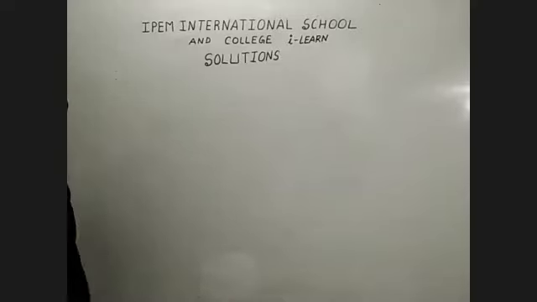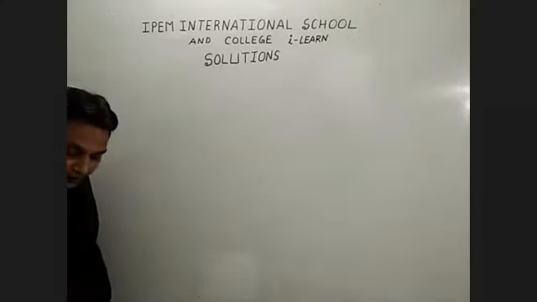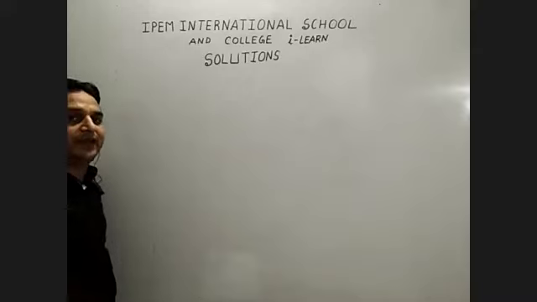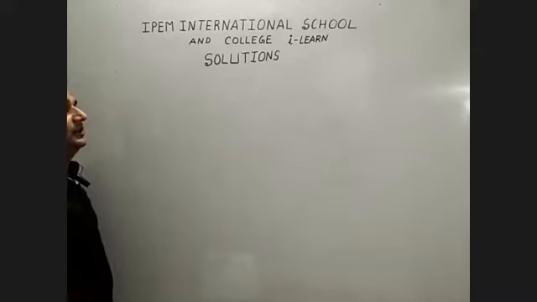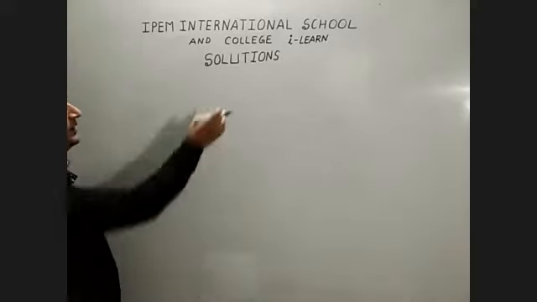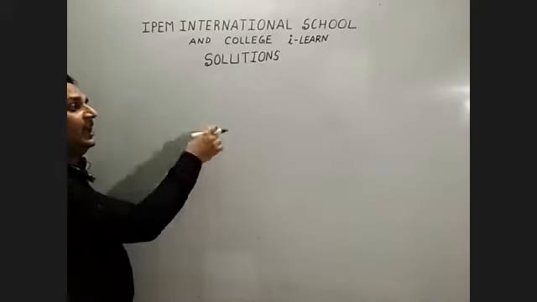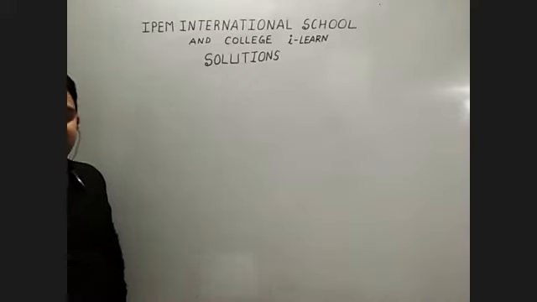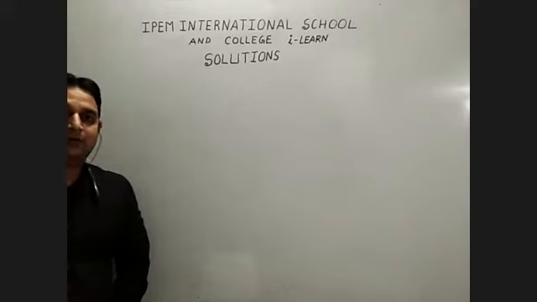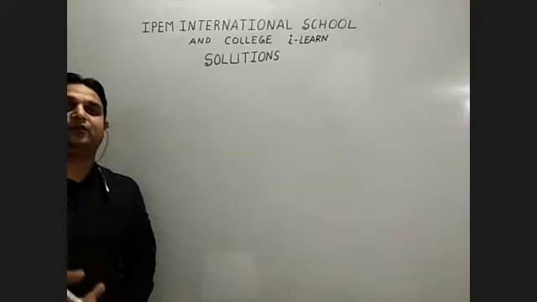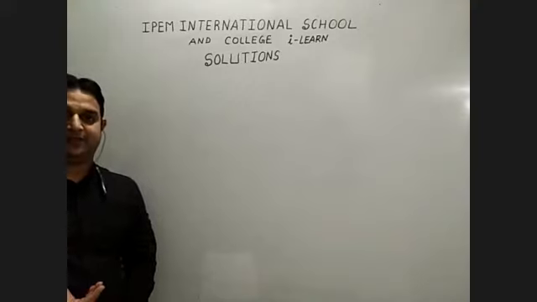Now, state Raoult's law. Using the law, how would you distinguish between ideal and non-ideal solution? That also we have discussed, about the ideal solution as well as non-ideal solution. And in non-ideal solution, I have also told you about the positive deviation as well as negative deviation. Those solutions which will form the positive deviation, those which will form the negative deviation from the Raoult's law.